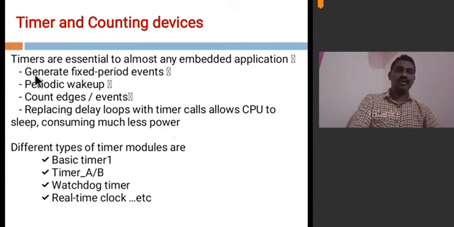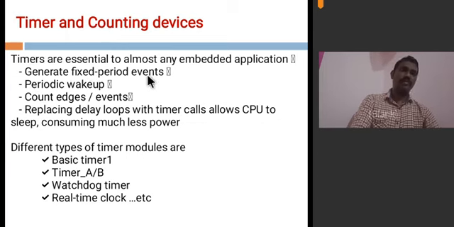Generating fixed periodic events means, for example, if you need to blink an LED every 2 seconds, the LED should be on and off for 2 seconds. Then it is called a fixed periodic event.